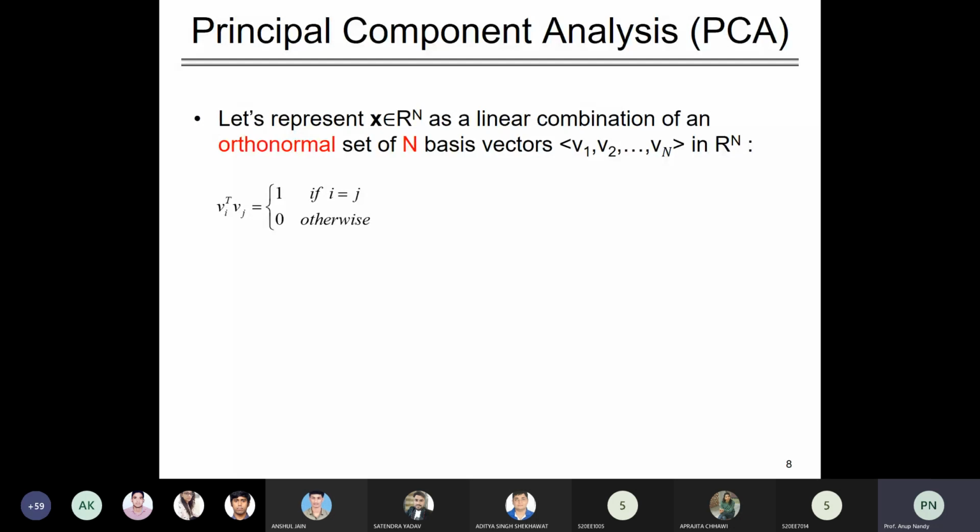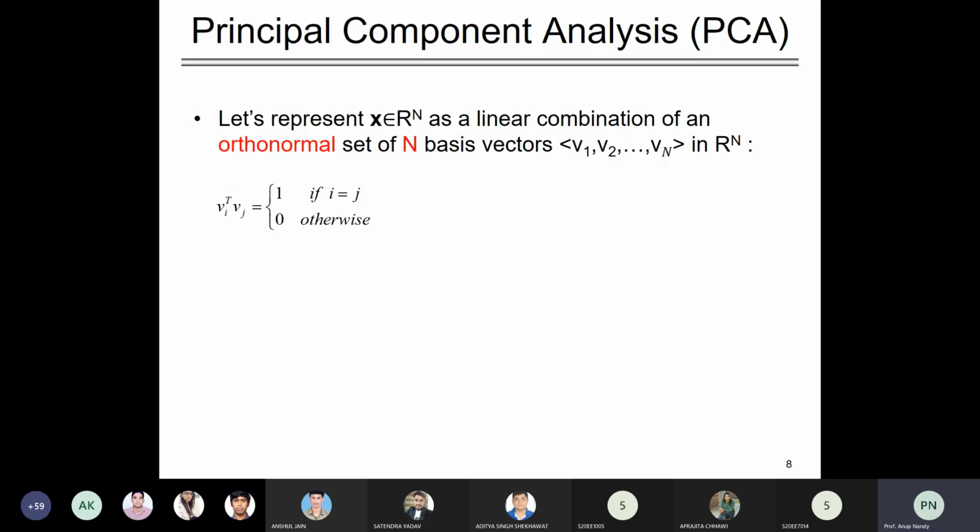So no two eigenvectors are equal. It means that all these eigenvectors are not the same. If you prove that no two eigenvectors are equal, then for the condition i is equal to j, it is 1. If it is not equal, then it is 0. Then you can have the condition lambda 1 greater than lambda 2 greater than lambda n greater than 0. So we have already seen it.